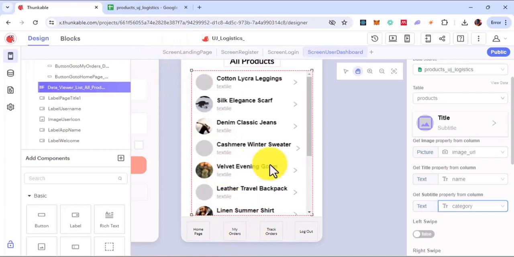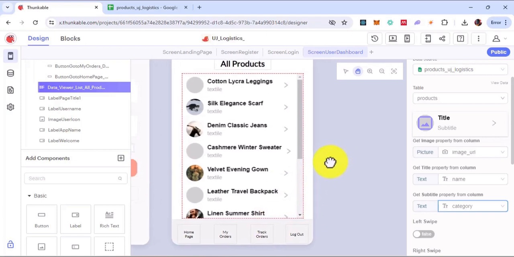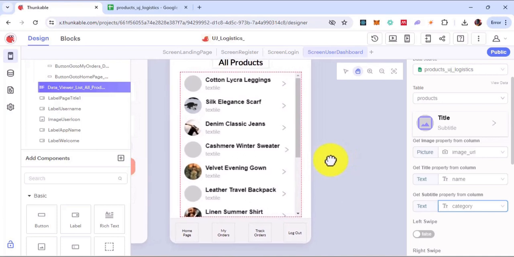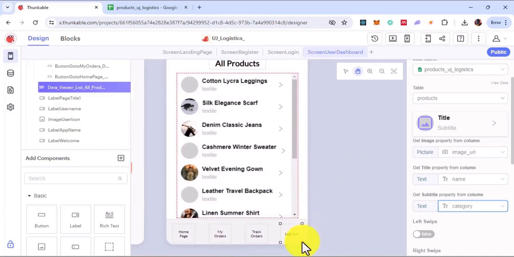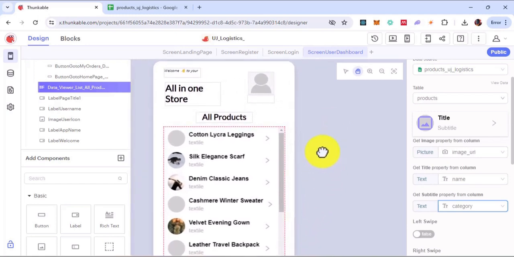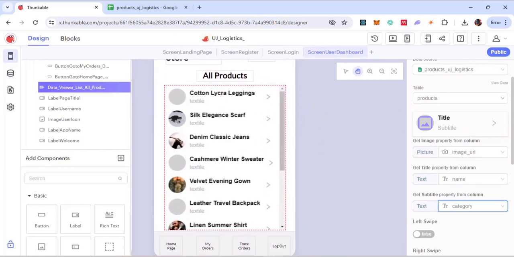Home is a link that should take the user to this page, and My Orders is a link that should take the user to the my orders page. Track Order is a link that should take the user to the page where they can see the list of their orders and be able to track their order, and Logout allows the user to carry out the logout functionality. Now before we go ahead, because of the links that we have created already, I want us to go ahead